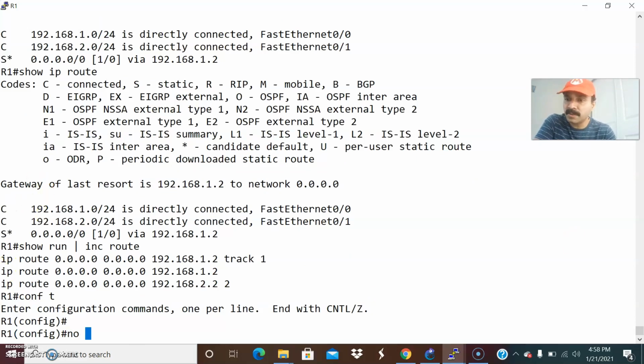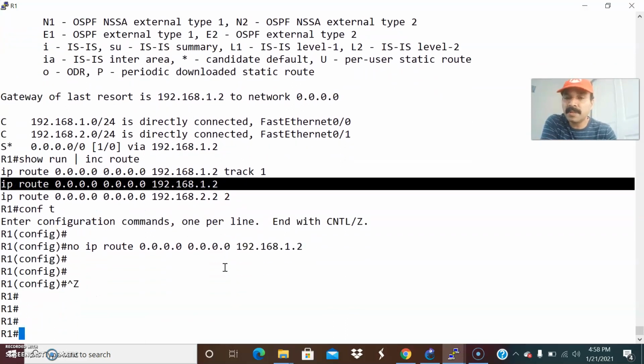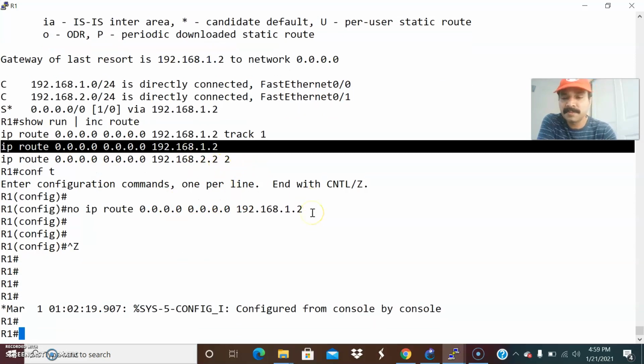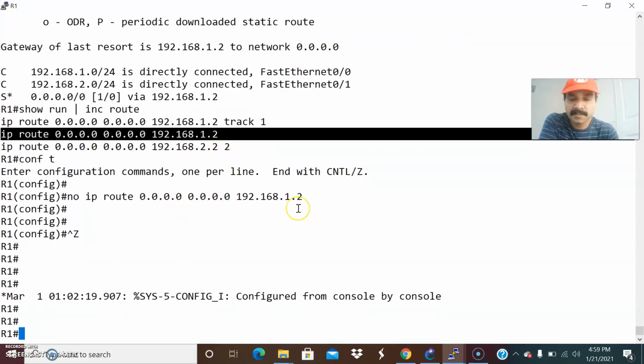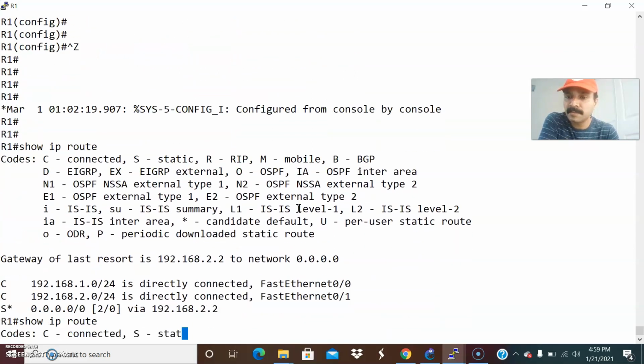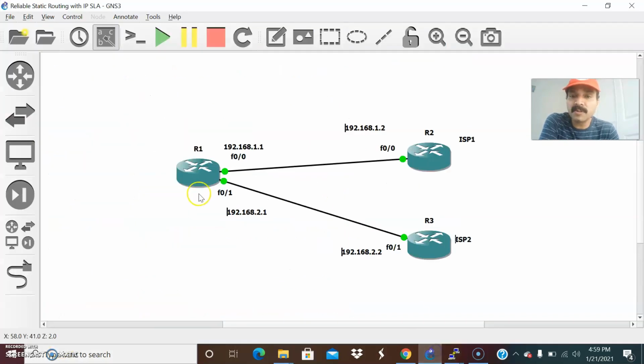So we remove this route. So now let us see. I already removed this route. Now it should switch over to this secondary route, that is 2.2. Yeah, so now we are able to see, right? It automatically switched over to the secondary route because I shut down this interface using the track command.